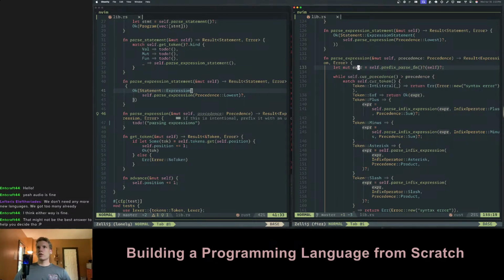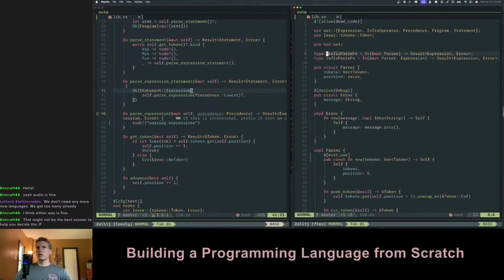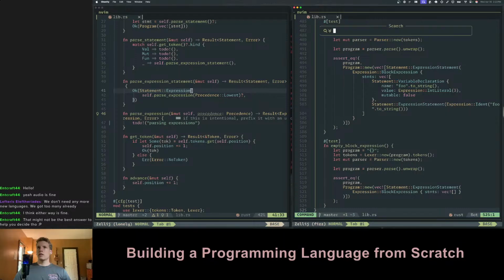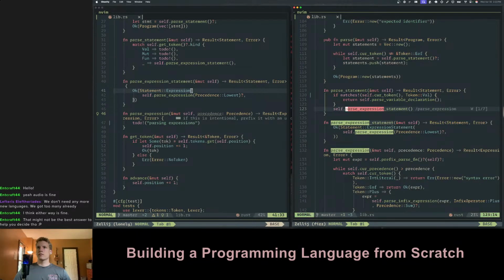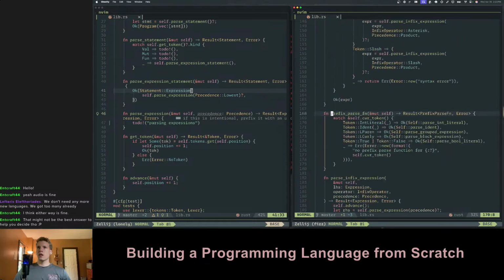Like what is this? This is an expression, prefix parse function. So this returns. Oh yes, this is interesting. Okay. So we need, this is like a function that looks up which, yeah, we'll do something like this. Okay, so we need this function that